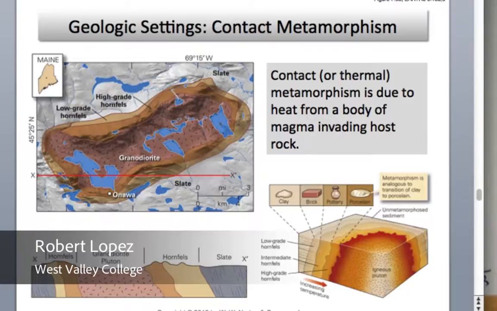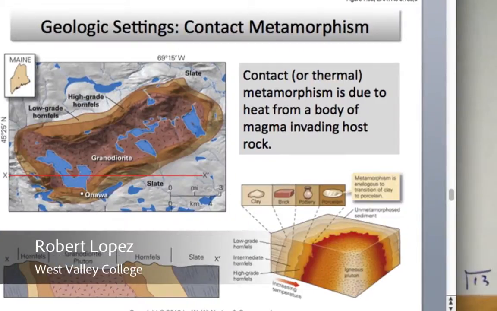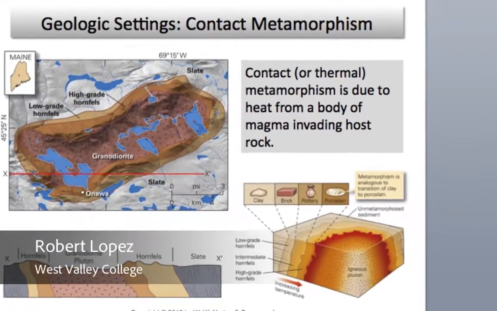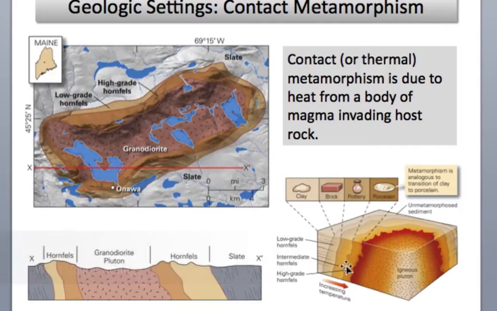So let's look at this image here showing the contact metamorphism. Here we see an intrusion, right? And the intrusion is going to metamorphose the country rock here. So the rock right adjacent to the pluton will experience the highest metamorphic grade. And here they liken it to porcelain would form